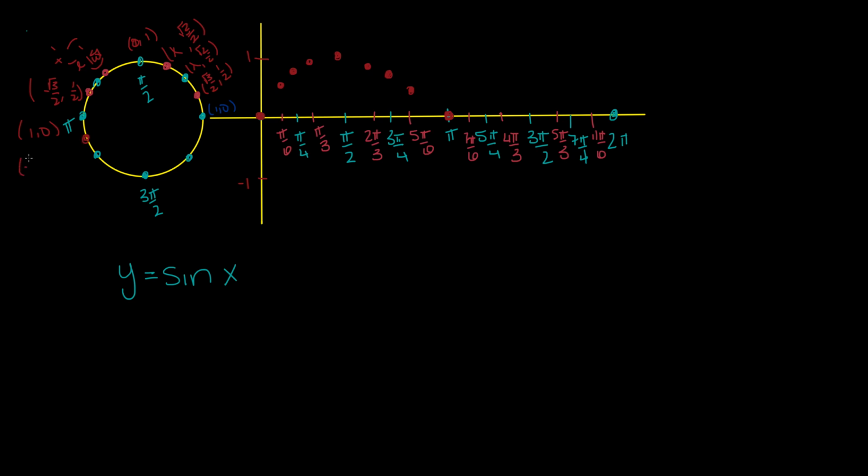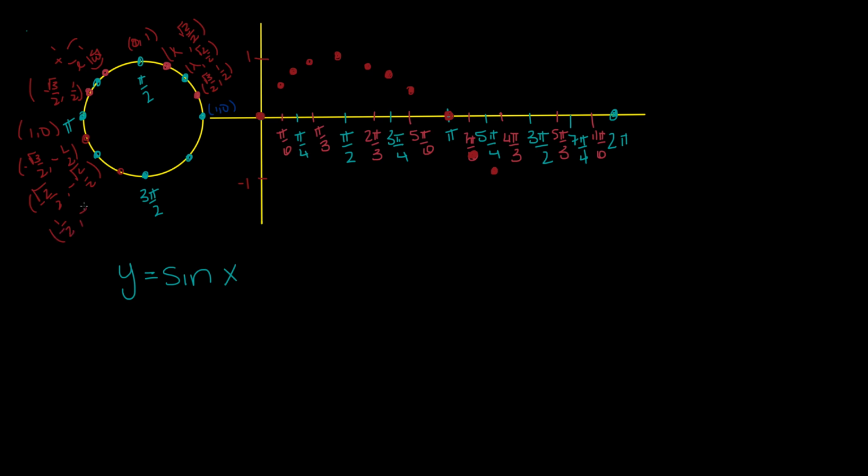So this is negative root 3 over 2, negative 1/2, because now we're in the third quadrant. So negative 1/2 would be here. Then this would be root 2 over 2, negative root 2 over 2. And I said root 2 over 2 is roughly 0.707. So roughly right here. Then again, we're going to do